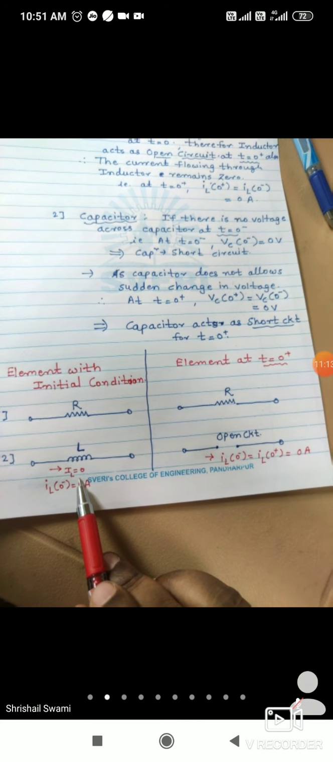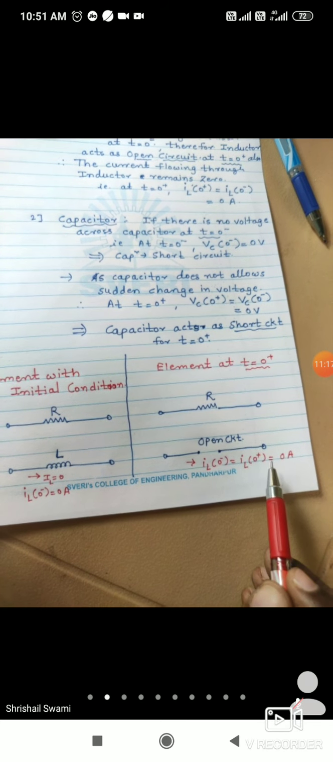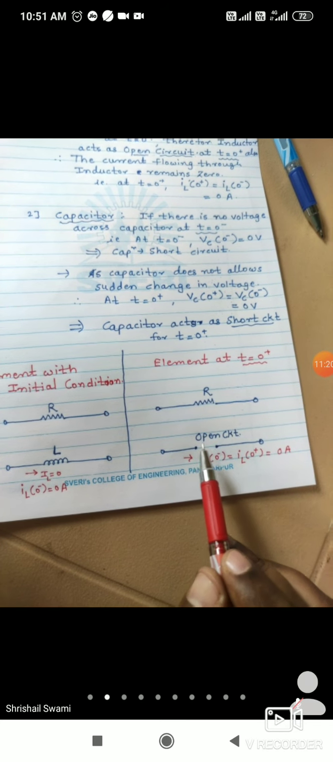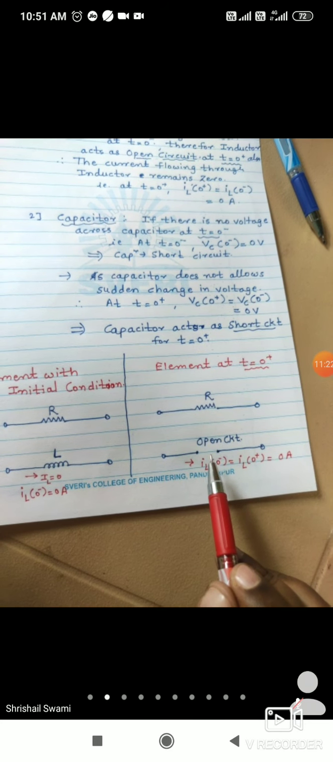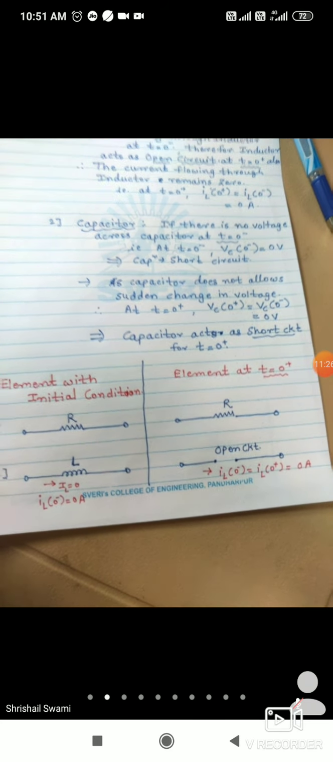That means initial current passing through inductor if it is 0, then at t is equal to 0 plus the inductor acts as open circuit, and according to the diagram you can make the changes. You can show the inductor as an open circuit and then solve the further part. Okay, so this is about the inductor. Now next one,